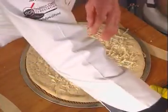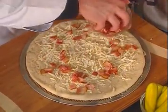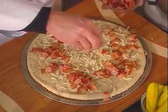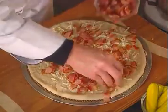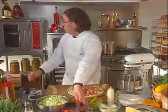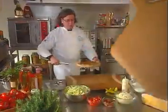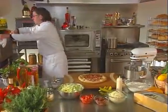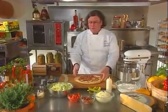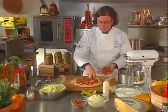We're going to then top it with cooked bacon pieces. And don't be stingy. Everybody loves a BLT. We're going to take the cooked bacon pieces and make sure we spread them evenly around the pizza. And then place the pizza in the oven to bake. And here we've got a beautiful base for our BLT pizza, fresh and hot out of the oven. We're going to top it here with some fresh diced tomatoes to start,